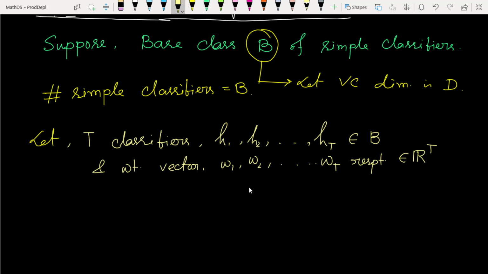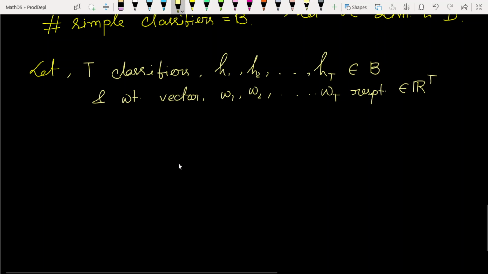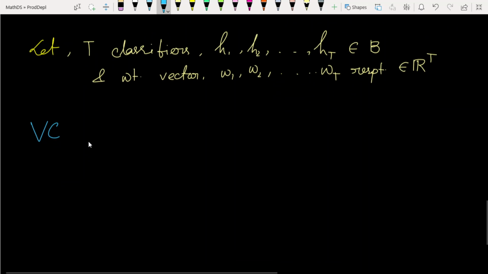If this happens, then in such scenarios the VC dimension of the set of such classifiers is based on the VC dimension of the single classifiers. If we choose T classifiers from this base class of B classifiers, then its VC dimension will be